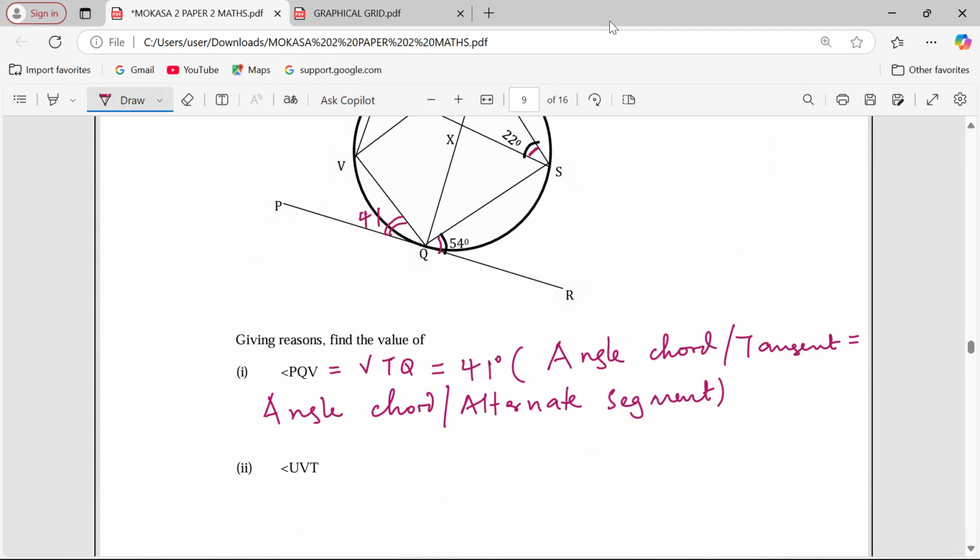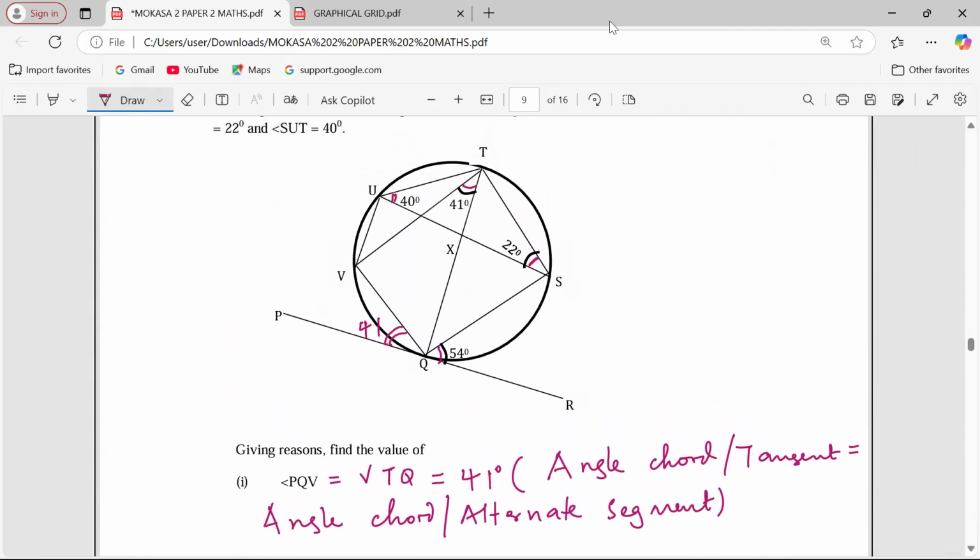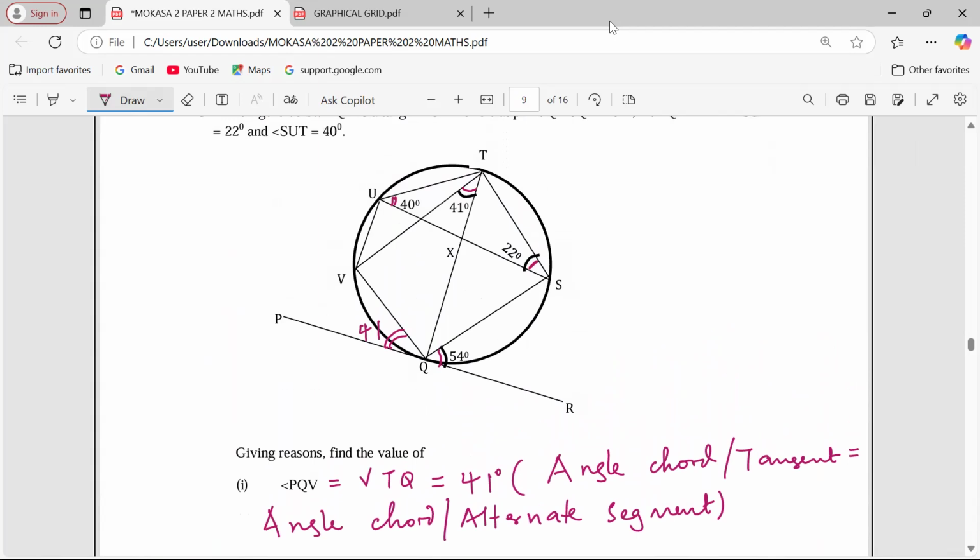Angle made by the same chord in the alternate segment. I hope you guys are following, and I would encourage you in this topic, just have the properties in your fingertips. When you have the properties in your fingertips, it becomes so easy to deliver them when given a question. Like after seeing the angle of 41 at T, yours is to ask yourself, what chord has produced this angle? It is chord VQ. Is chord VQ making an angle with a tangent? Yes. Then that angle is equal to the angle of 41.